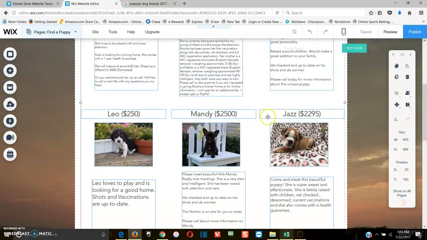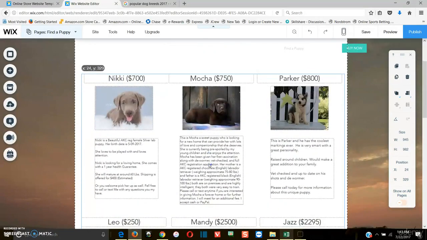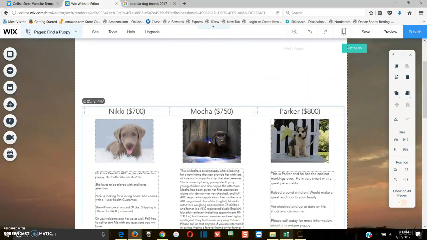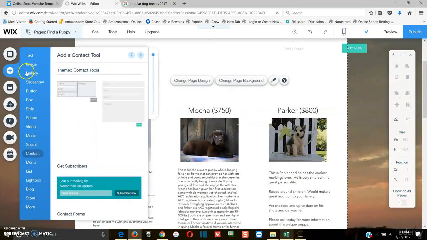And then if you scroll back up, you should see an option to group it. Yeah, group elements. Boom, all grouped. Now you can literally just drag the entire thing down. We'll just drag it down here for now. And then I'll add a contact form that says